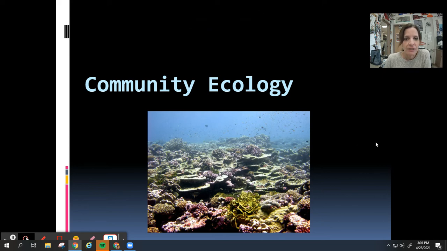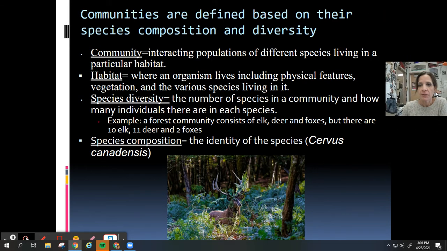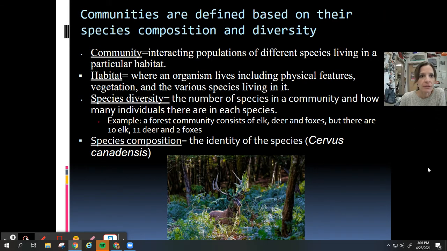Hey everybody, so today we are going to learn about community ecology. So a couple vocab words just so you make sure that you know what we're talking about. Communities are defined based on their species composition or their diversity. A community is a bunch of populations that are interacting with each other and living in a certain habitat. And the habitat is where an organism lives, so that includes the vegetation and the species that are living in